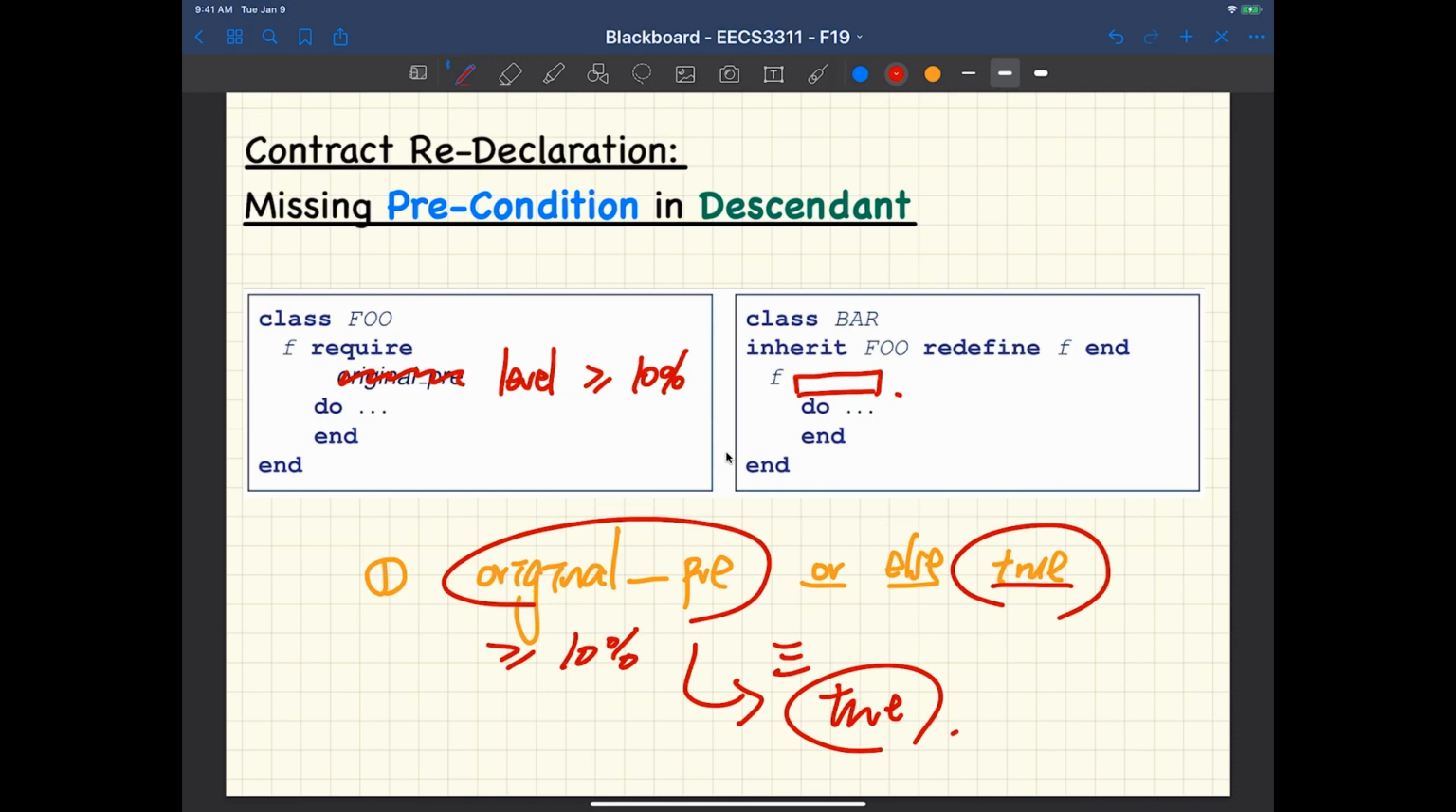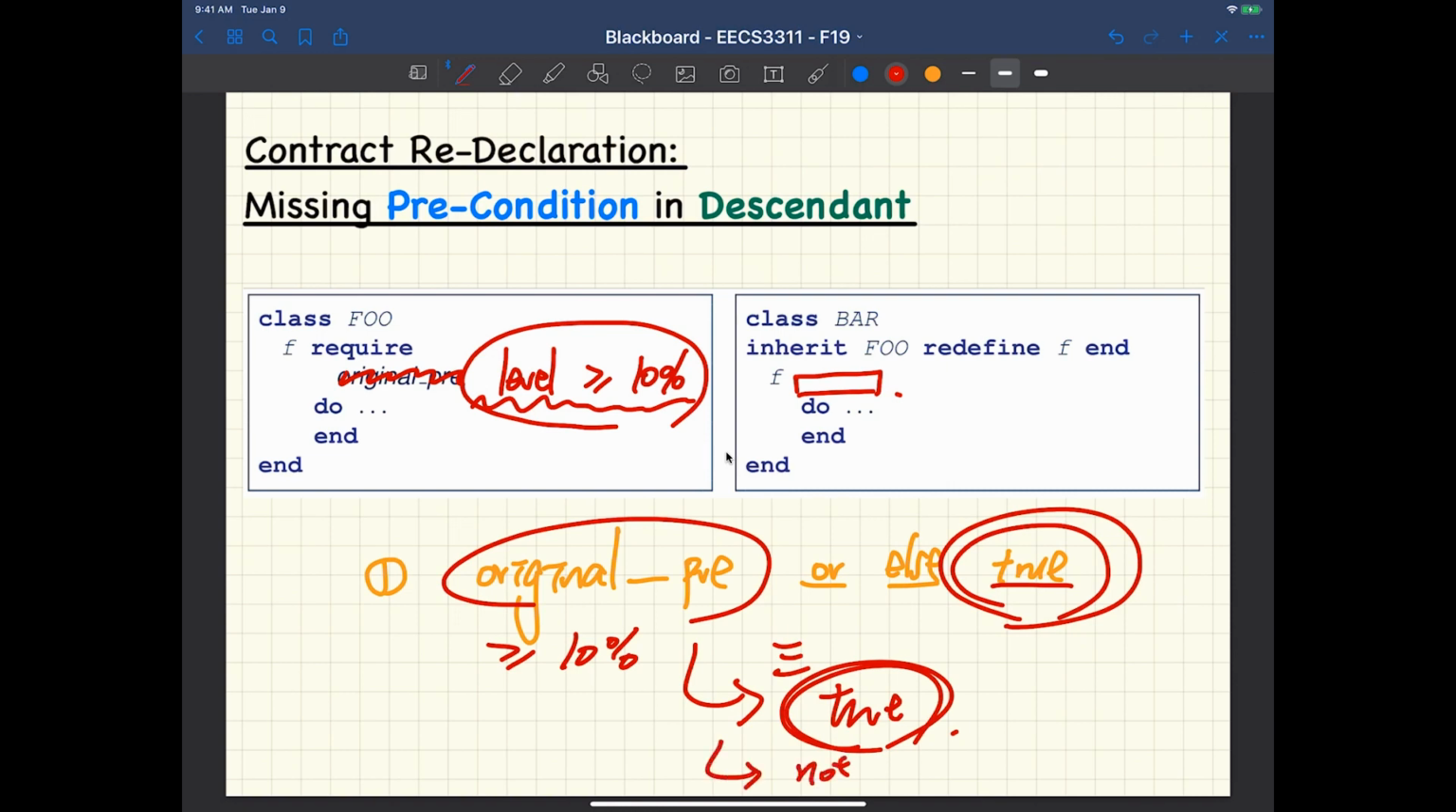That part doesn't make sense, because there should be some minimum precondition that's actually preserved from the parent class. Somehow, you're saying you should be able to use the service when it's larger than or equal to 10%. But if you go too extreme and say it should be true, that means there's no constraint on the battery level at all. Okay, that's not good. So this is not appropriate, because there'll be no constraint whatsoever